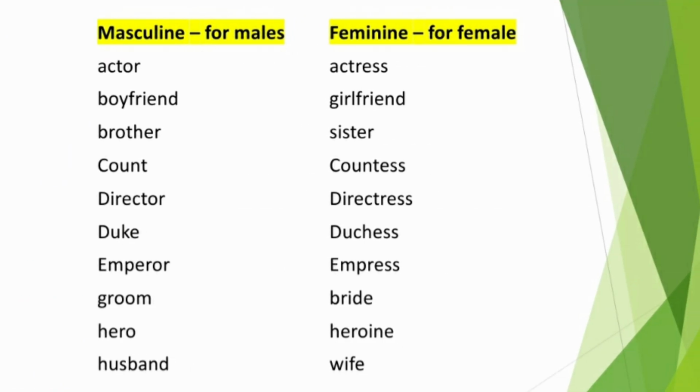Let's differentiate masculine and feminine. For masculine, we have actor. For feminine, we have actress. For masculine, we have boyfriend. For feminine, we have girlfriend. So as brother to sister, count to countess, director to directress, duke to duchess, emperor to empress, groom to bride,